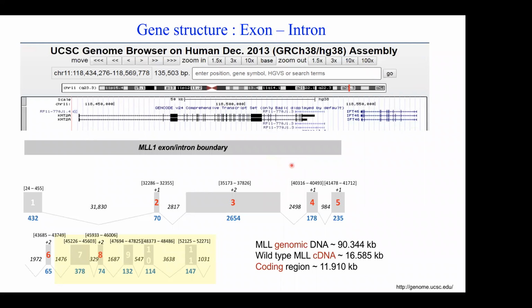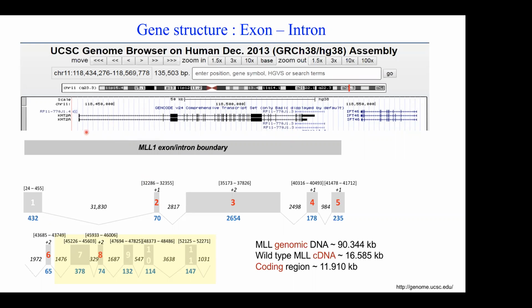Here, in this gene, you can see the arrow is in this direction. So here it is the first intron. This is going in this direction. This is the first exon. This is the last exon.